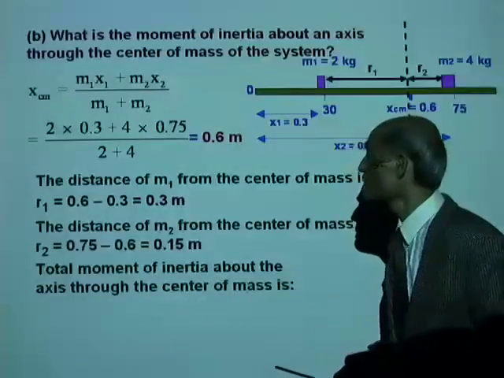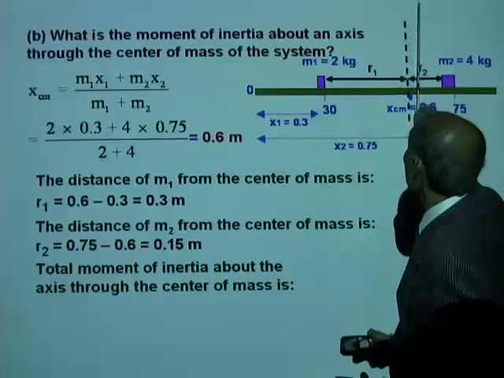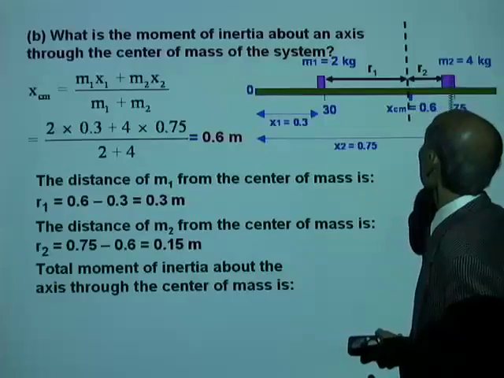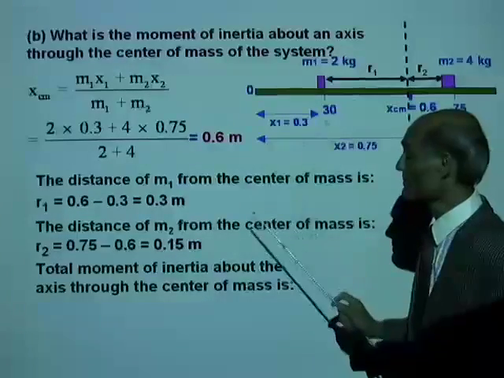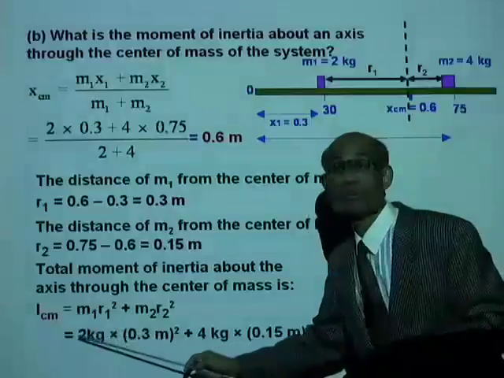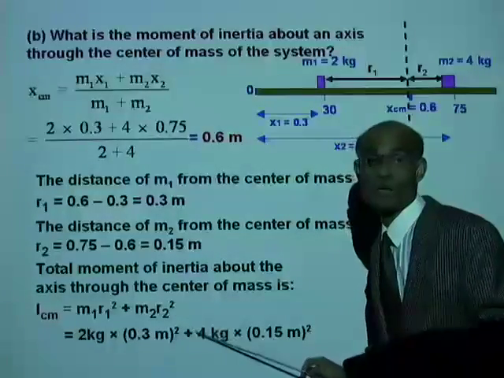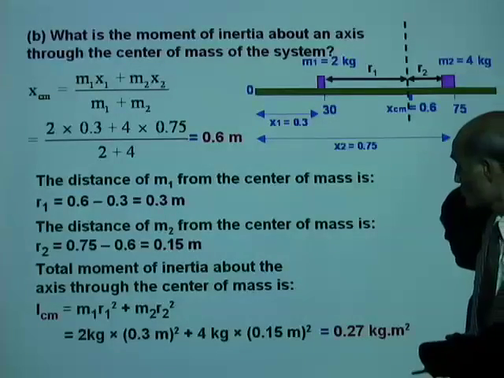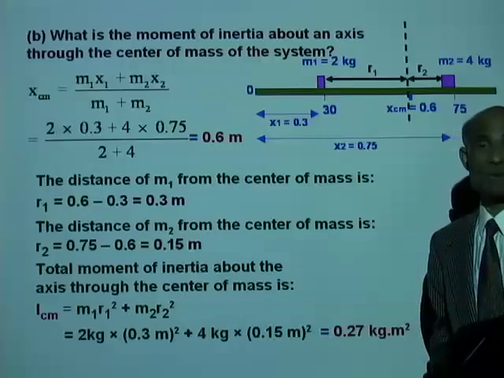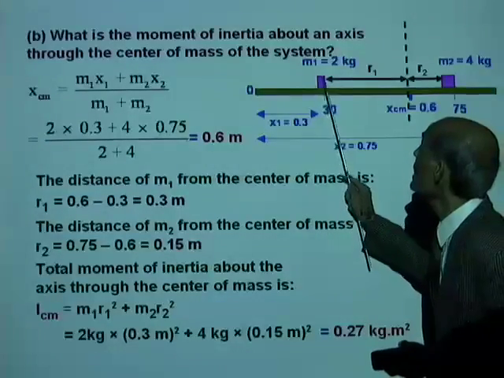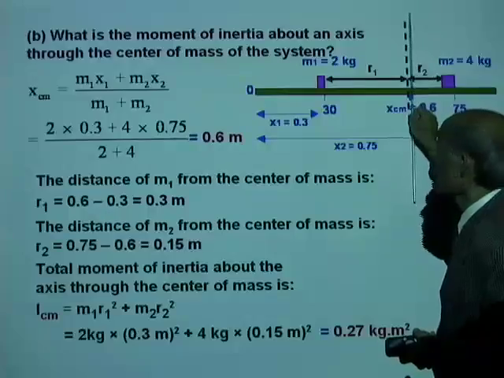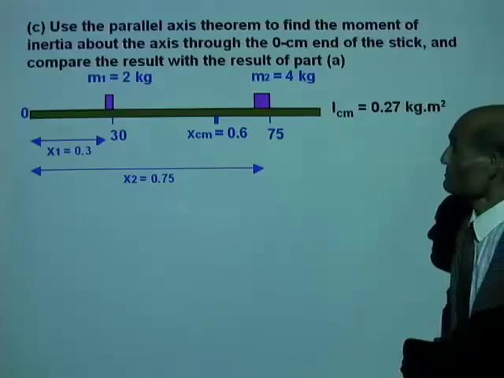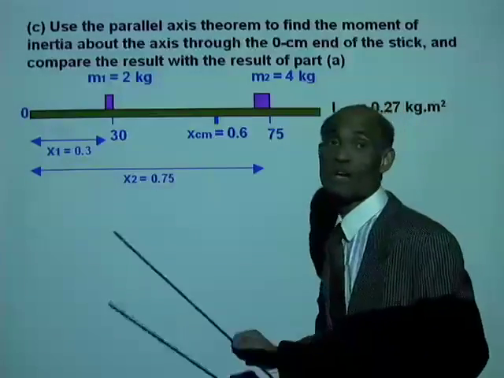Alright, the total moment of inertia about the axis that passes through the center of mass is M1 R1 squared plus M2 R2 squared. And we know those values, 2 times 0.3 squared plus 4 times 0.15 squared, that is 0.27 kilogram meter squared. That is the moment of inertia of these two objects about an axis passing through their center of mass. Okay, now the third part is